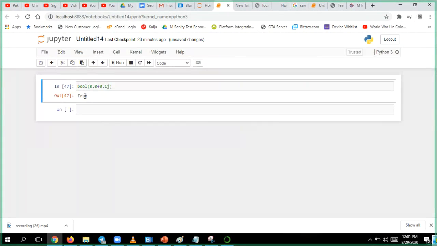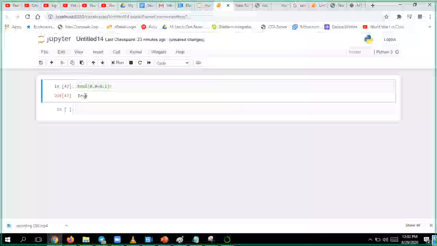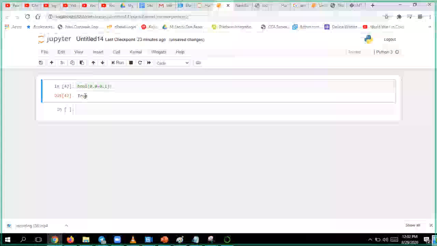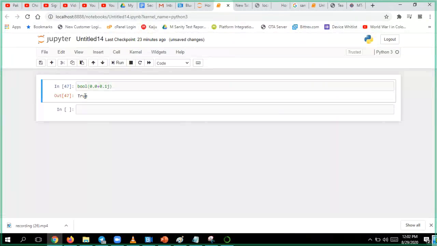So now you should have a fair amount of information about when it is going to return false: 0, empty string, 0.0, and 0 plus 0 for the complex. Only under these conditions will you get false. For everything else, if something is there, it will return true. That's what Boolean is, whether something is there or not.